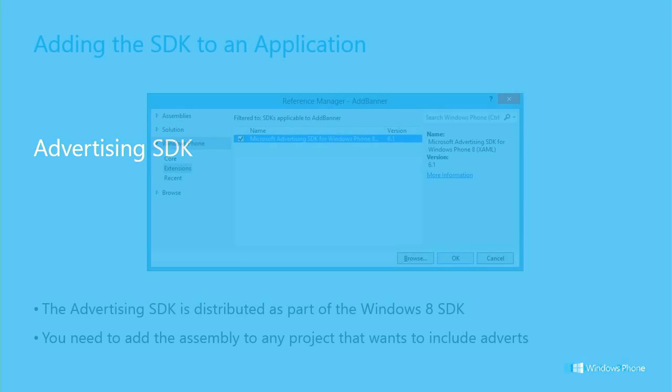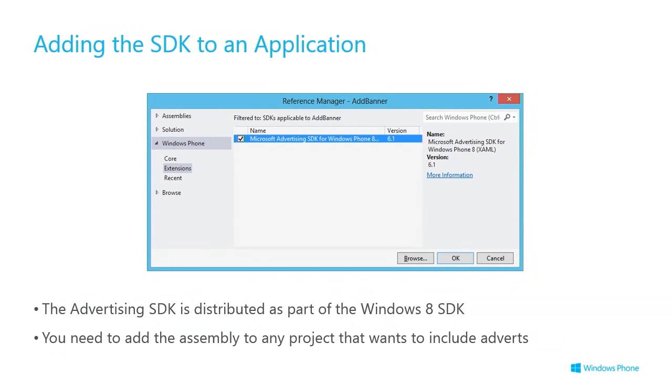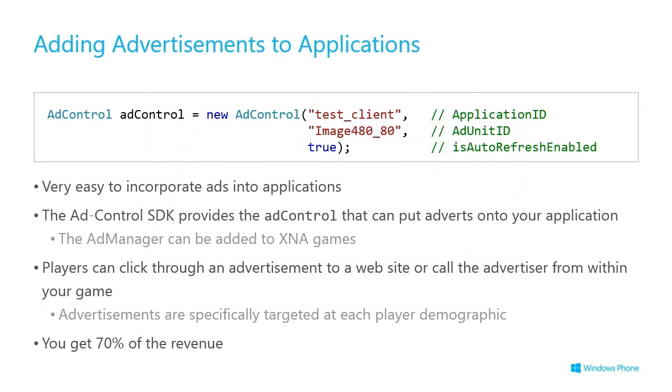Right, lastly, advertising SDK, another way of getting income. You can actually have advertising in applications, and this has been a popular way of earning income. So you get the advertising SDK, it's part of the Windows Phone 8 SDK, but you need to manually add the assembly to any project that wants to include adverts in it. And then all you do is put this ad control into your application, add it into your UI, and the ad control will then cycle ads that are selected from advertisers who have subscribed to